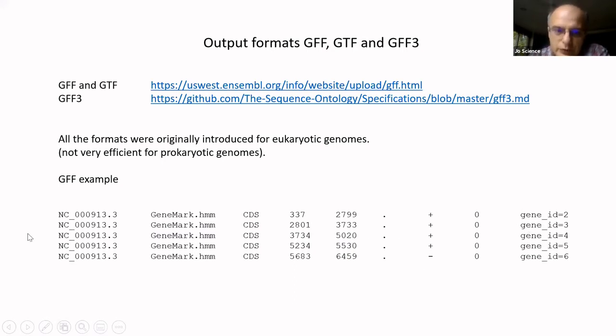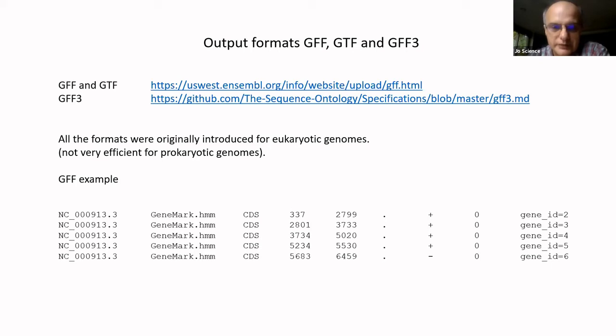These first 8 columns are practically the same between all 3 formats, GFF, GTF, GFF3. The only difference, 99% of it, is in the last column, column 9, where additional information helps users and helps software to efficiently process these files. And because the first 8 columns are the same, and we will be focusing mostly on these 8 columns, I will be using GFF in this presentation, and we will not be focusing on the differences, only on the shared part